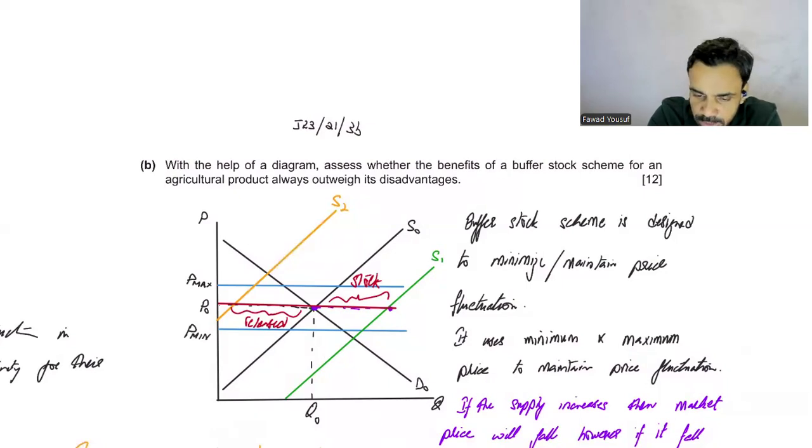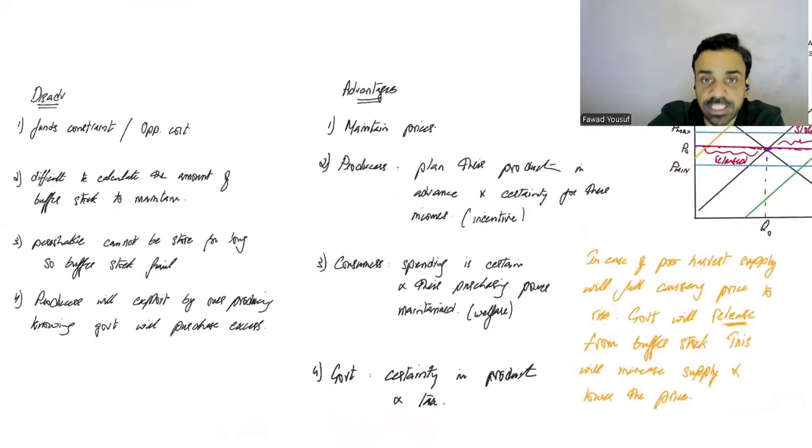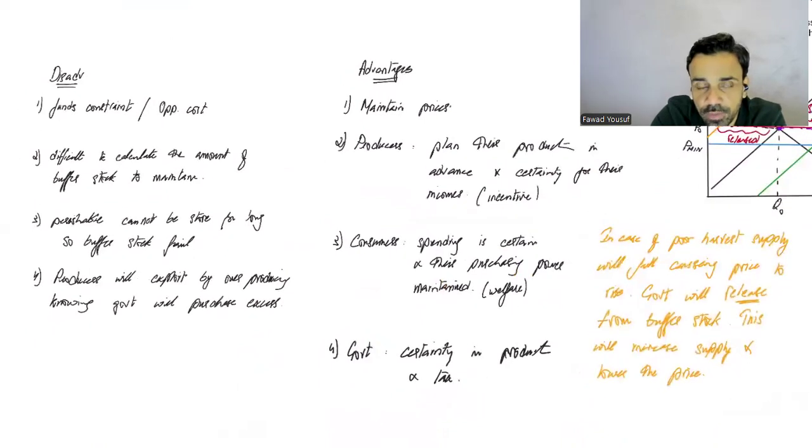Potential effectiveness की हमने बात करनी है इसके अंदर. Price fluctuation, as we've mentioned in the advantages, is good. It stabilizes the economy, obviously. But obviously, it depends on the government's constraints. It depends on the funds they have. It depends on the type of the product, the nature of the product. Is it storable or not? If it's not storable, obviously it will be more difficult to manage the buffer stock, and the disadvantages may outweigh the advantages.